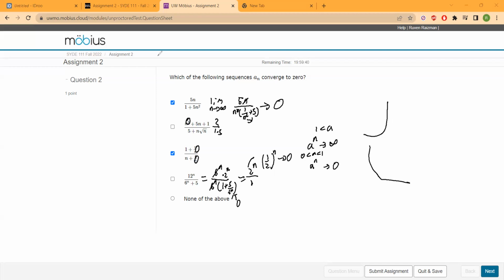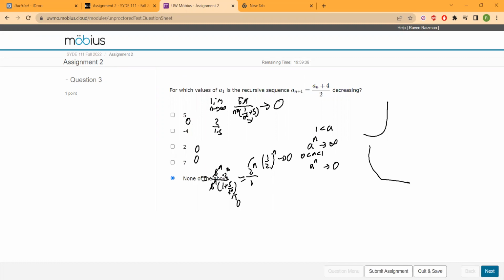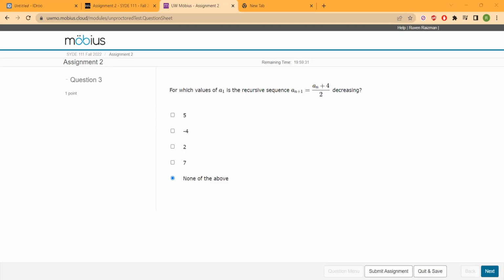So let's click next. Perfect. So now we reach this one. So over here, what is it asking? It's asking us to find a1, so find the first term, so a1 equals something, such that this sequence over here is decreasing. So as an example, if a1 is equal to 0, then a2 is going to equal to